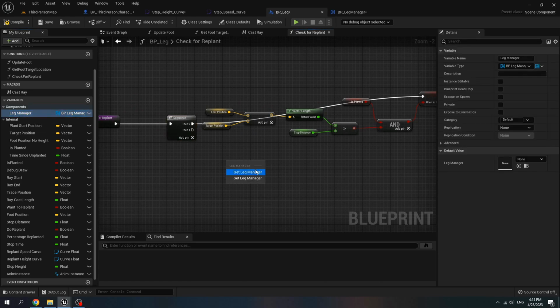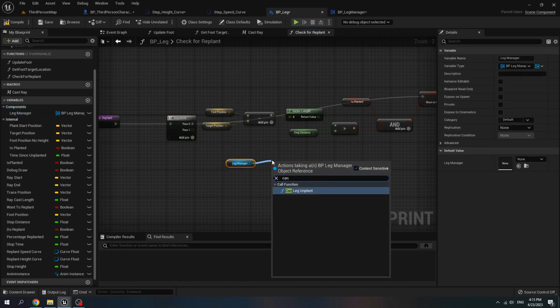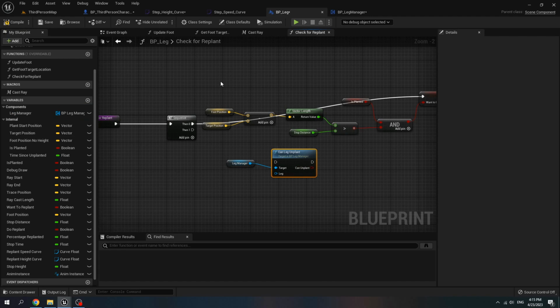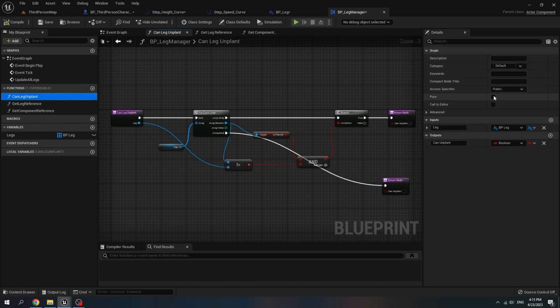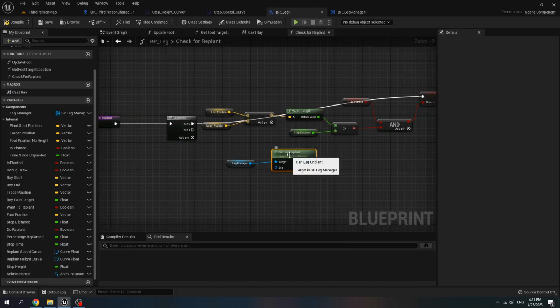Get leg manager, call can leg unplan. Go to our leg manager for the can leg unplan, set it to pure function and go back to our leg blueprint.